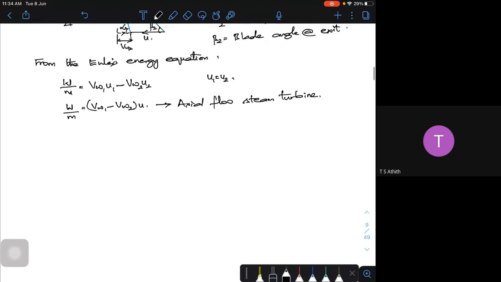You might have studied an alternate form of this energy equation, or Euler equation. Can anyone tell me what it is? If you remember how we get it, all those things. Just a second, please. What is this alternate form? How do we get this alternate form?